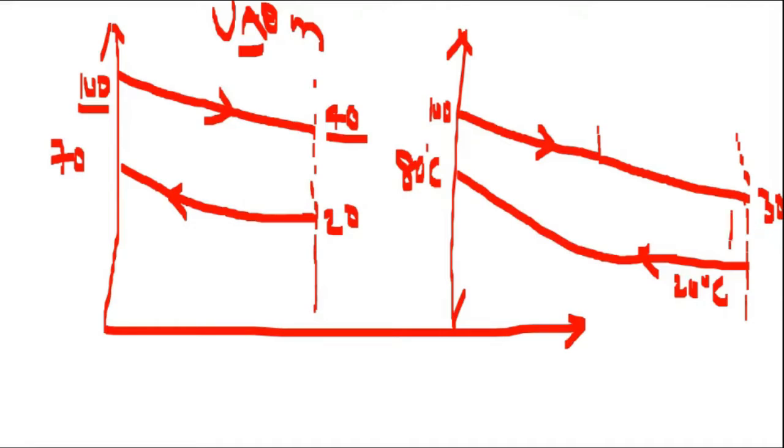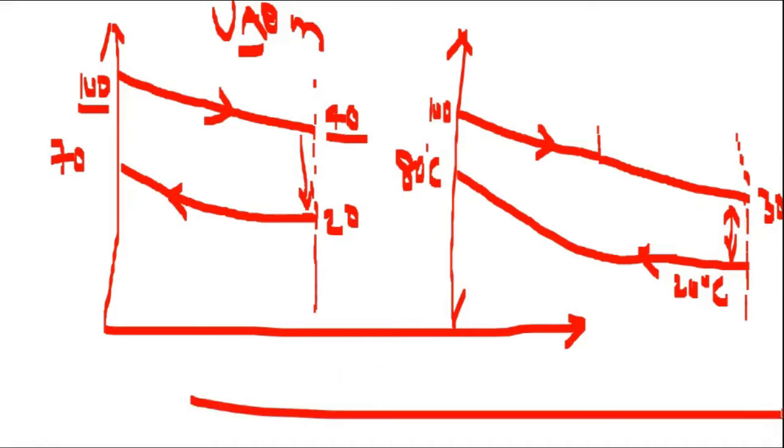The temperature difference between these 2 points, that is going to decrease continuously. See, here the temperature difference was equal to 20. In this case, the temperature difference is 10. A point will come if we are taking a heat exchanger of infinite length. In that case, the end temperature of the hot fluid will be equal to inlet temperature of the cold fluid. Can we get such a condition if we are using infinite length heat exchanger?